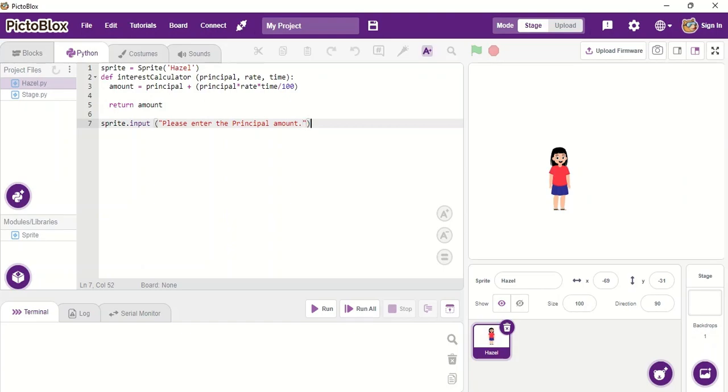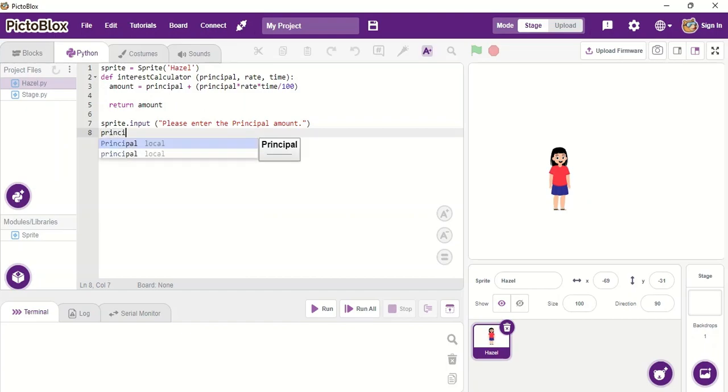Once the user inputs whatever amount to the program, we need to store that amount somewhere, right? So we are going to store it in the variable principal from just now. So principal equals to,